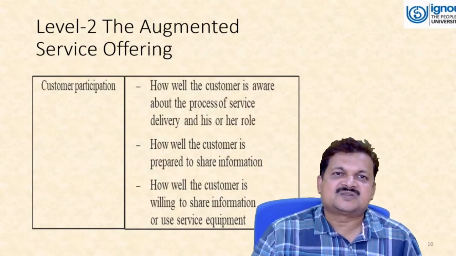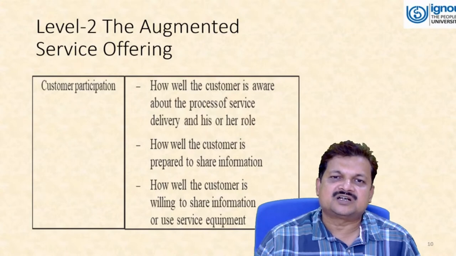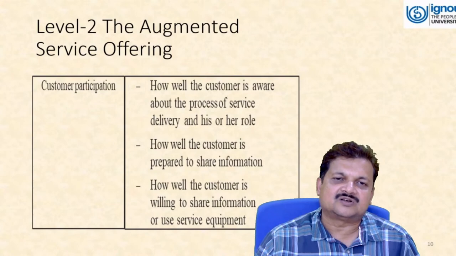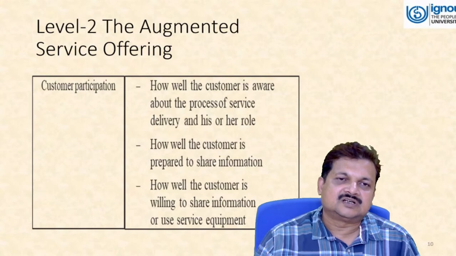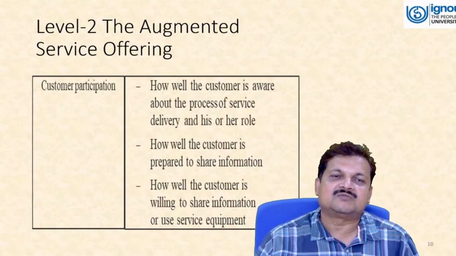Now, customer participation: how well the customer is aware of the process of service delivery and his or her role. That has happened already when new services came, like the smart card or the smart number plate for vehicles. In such cases, people do not know how to do the booking, and after booking, the number comes, then you have to go to the dealer's point, then the day will come,